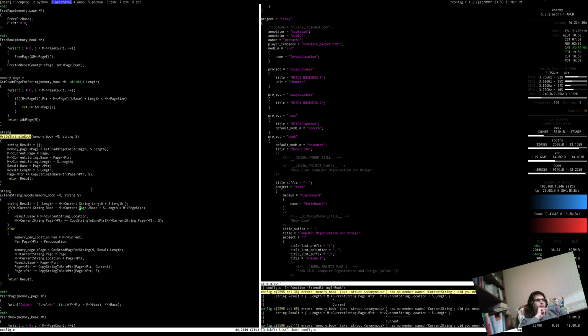This isn't going to be sufficient. It should be the result length. So if the base of the current string, take away the page base, plus the result, the entirety of the result length is less than the page size, then we just set